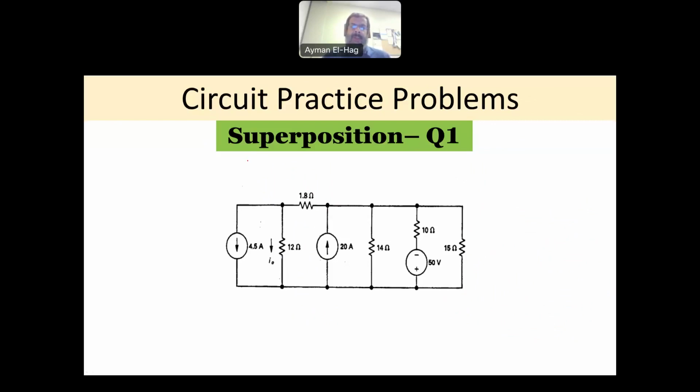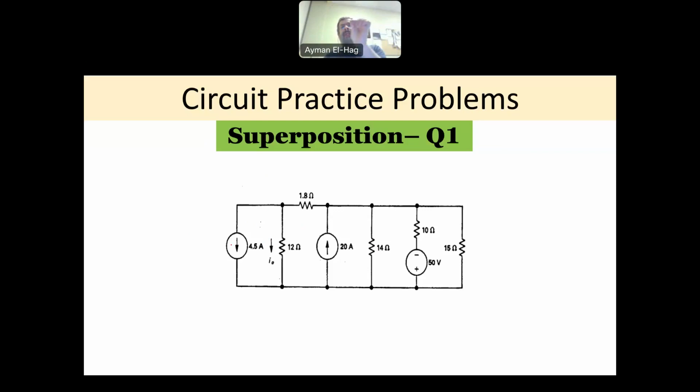Now, in this question, we want to analyze this circuit using the principle of superposition. Before we solve the question, what is superposition? Superposition is basically, for example, here I want to find I0. So if I solve the circuit with all three sources there at the same time, we'll find I0. Then if you remove two of the sources and keep only one and repeat that three times, the impact